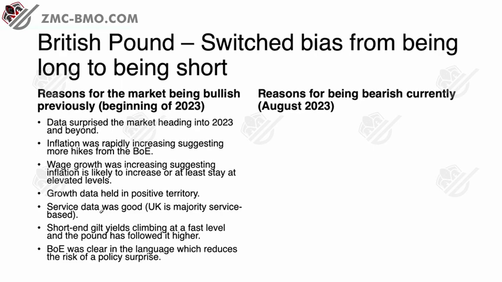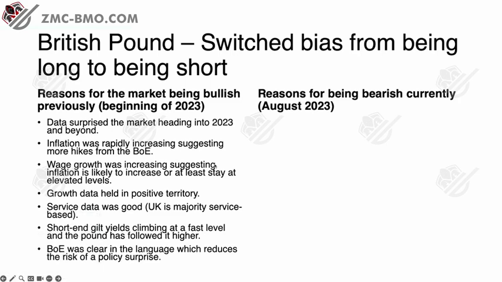And of course, the BOE was clear in the language, which reduces the risk of a policy surprise, meaning the Bank of England was saying, okay, if wages increase and inflation increases, we're likely to hike again. Before, in 2022, there was a lot of chopping and changing in their thought process. And the markets didn't like that because that pulled out credibility of the Bank of England. But this year in 23, they were pretty clear in what they wanted to do. And that, again, is a reason to get long